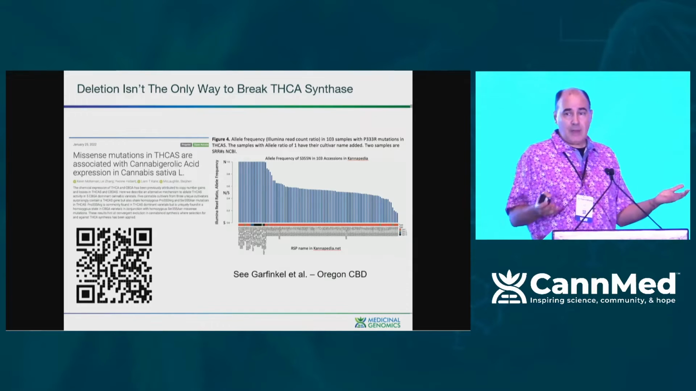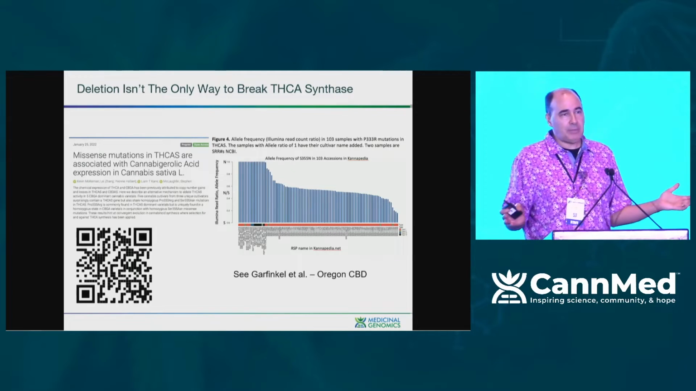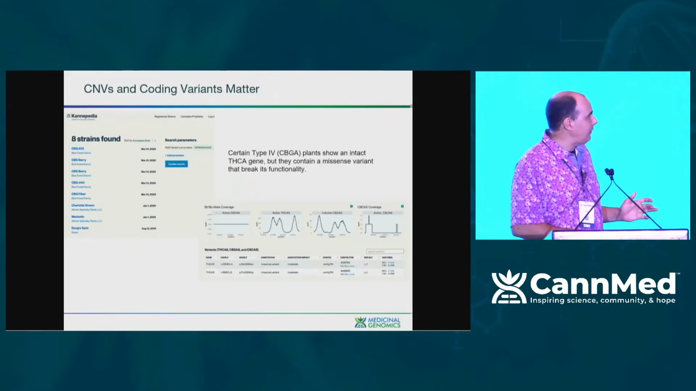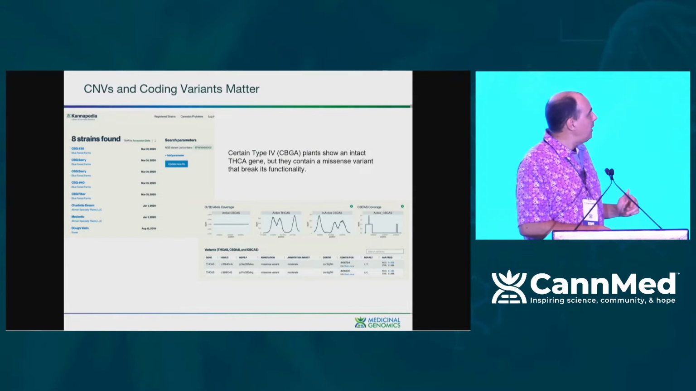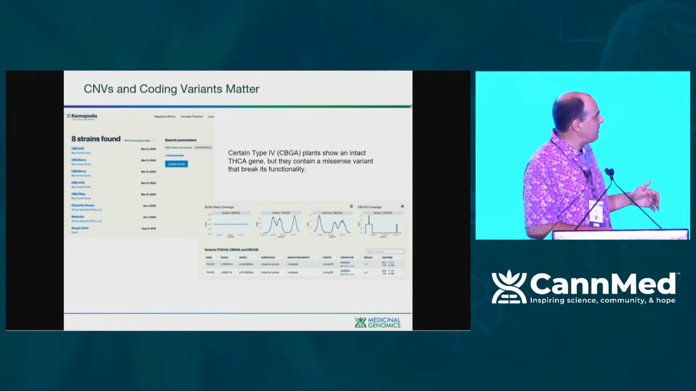So you can have a copy of THC synthase in rare cases that some of these type 4 plants have, and it's completely ablated by having one of these polymorphisms. So simple copy number analysis may miss this, and you need to get some SNPs in there. These are the 8 different strains that kind of haunted us about this, that we had sequenced over time that